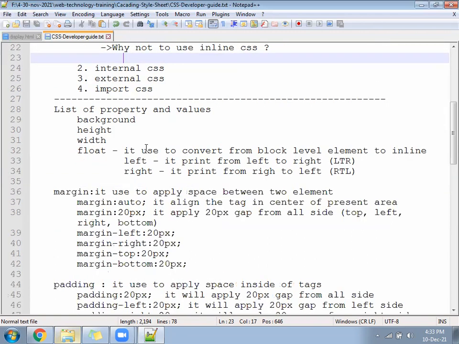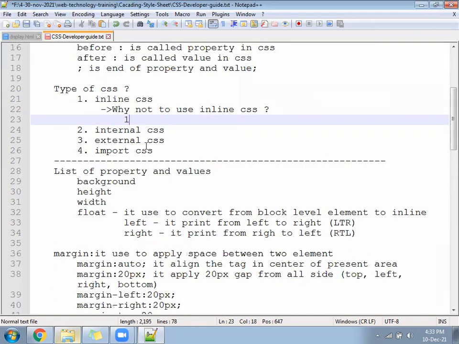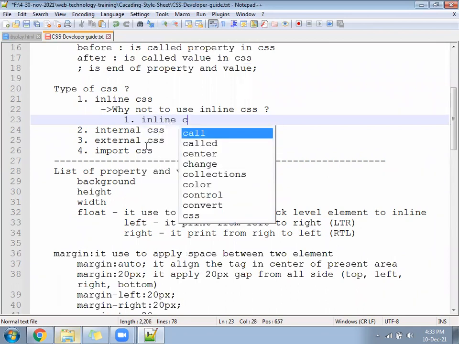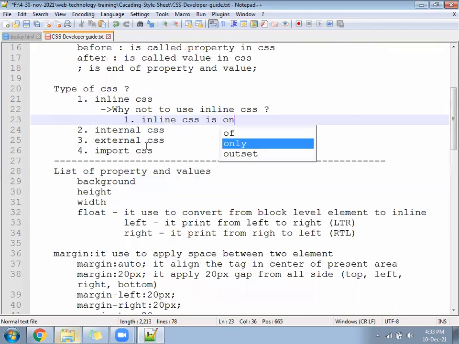Clear? Right here. Number one, inline CSS is one-to-one.